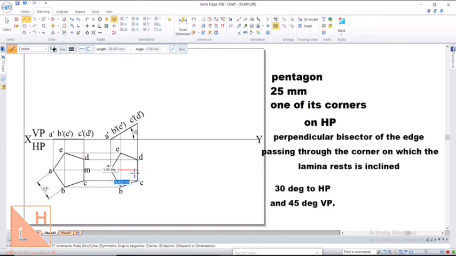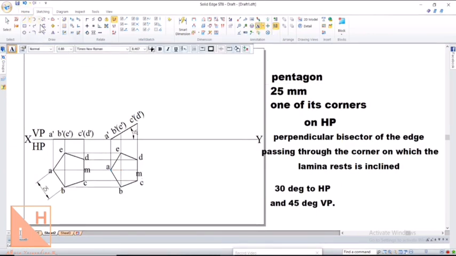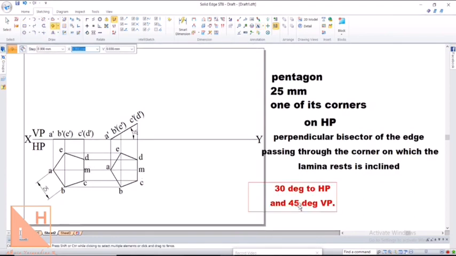If you have any variations, not able to draw a straight line, you can directly jump to angle and type the angle as 0 degrees and click enter. So this point will be the new position of the perpendicular bisector, that is M. And now what we can do is, we need to incline this perpendicular bisector at an angle of 45 degree to VP.